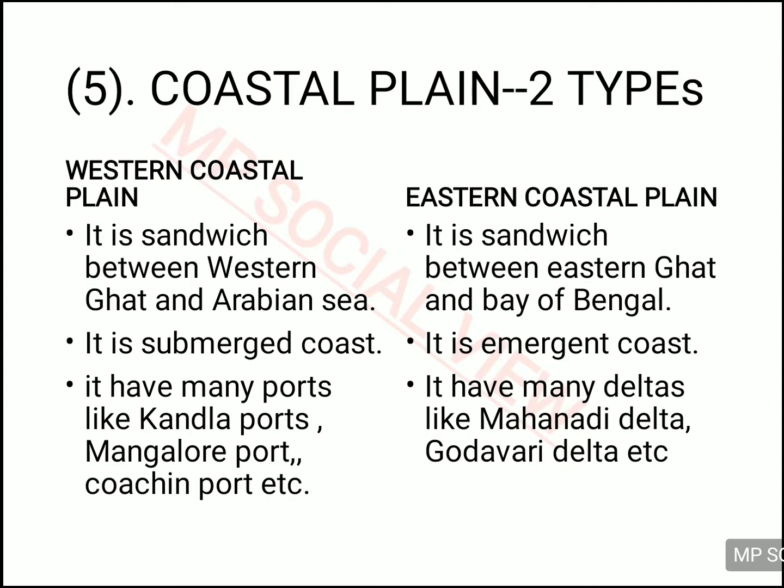The coast of the western side is submerged. It is near the water level, but the coast of the eastern side is emergent. It is a little above the sea level. So the coast on the western side is submerged, very close to the sea, and on the other side, the coast of the eastern coastal plain is a little above the sea level. And because the coast on the western side is submerged, very close to the sea, that's why